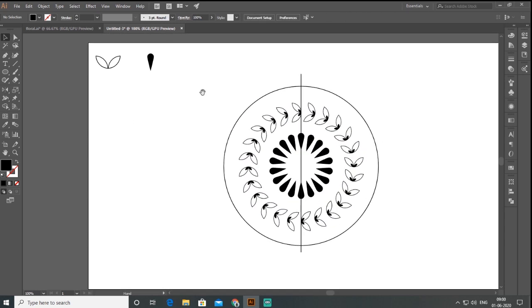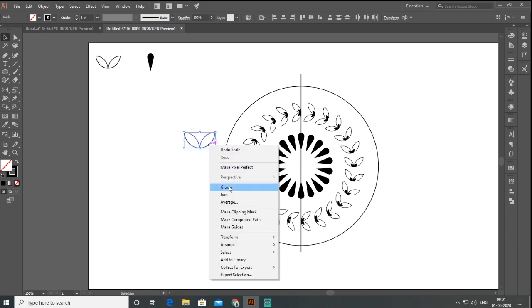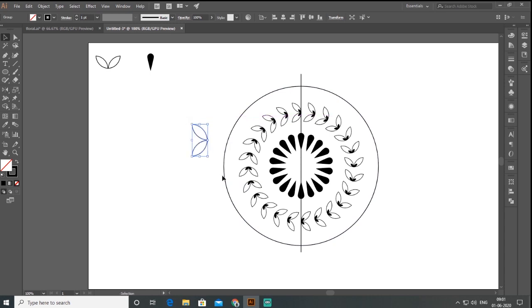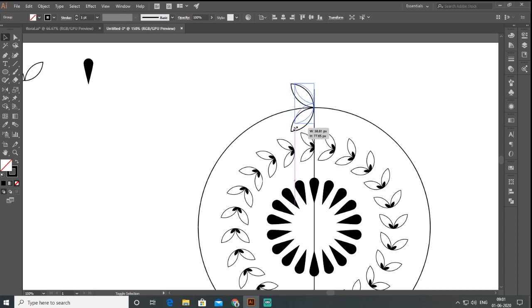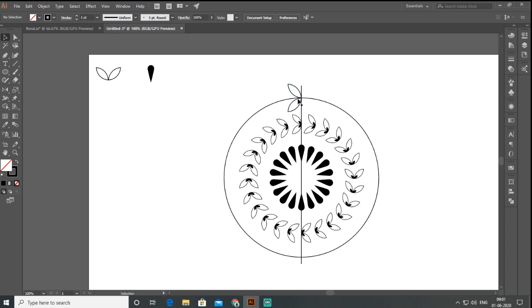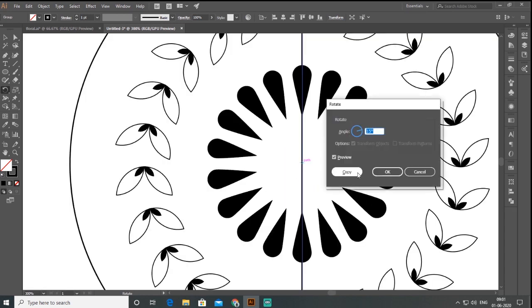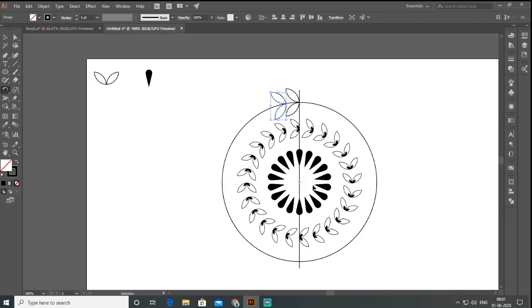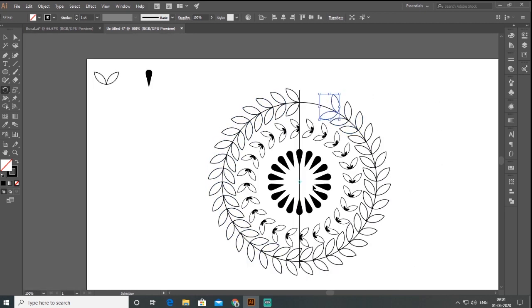Then I have the big one, so I just Ctrl C copy this, Ctrl V paste here, I group it and rotate 90 degrees first. And here I just place it and decrease the size also, and here is my point. Fine. Now I select the object and go to the rotate tool, and in the rotate tool I just click here and I need a 10 degree copy. So here I press Ctrl D repeatedly. Fine. I just select this and delete this.